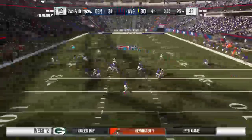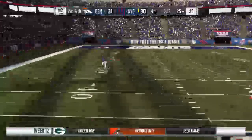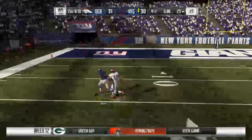Now Prescott. Now a desperation throw deep downfield. That's caught inside the